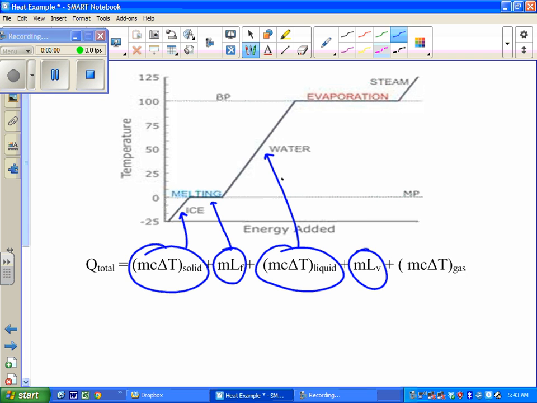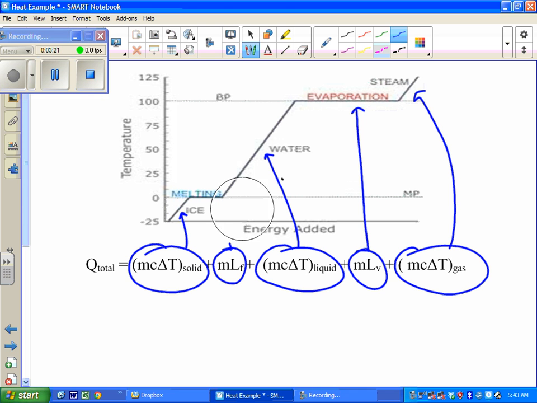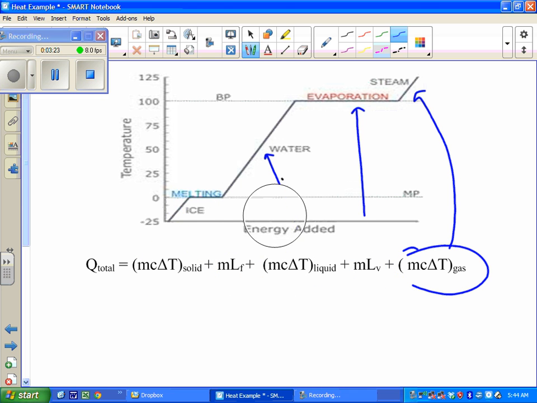We have this LV term. This is our 4th term to evaporate or vaporize, which is why the V, it's LV. V is for vaporization. So that's the energy needed to vaporize the liquid to the gas. And this last term is for the energy needed to heat up the gas. So we're mostly going to be dealing with water, and